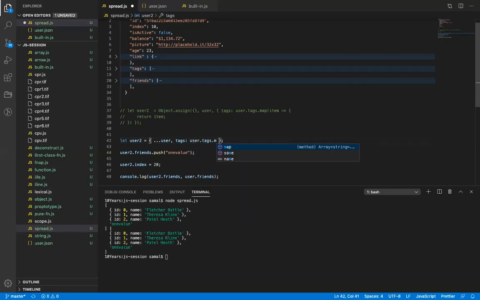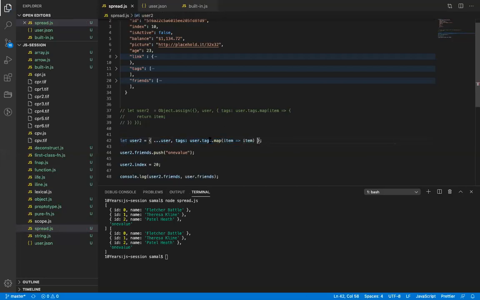Because map returns a new item. I'm using a shorthand, the shorthand for arrow notation. If you're not doing anything else in the arrow function and you just return item, instead of doing this, you can directly remove the curly braces and do this.